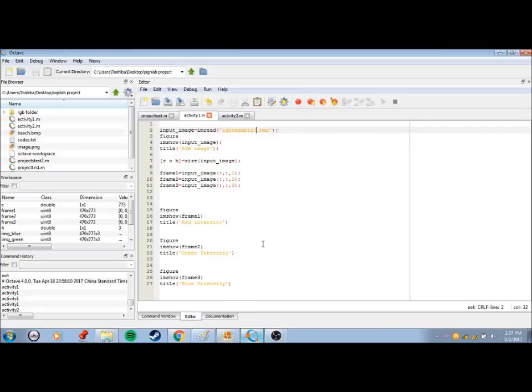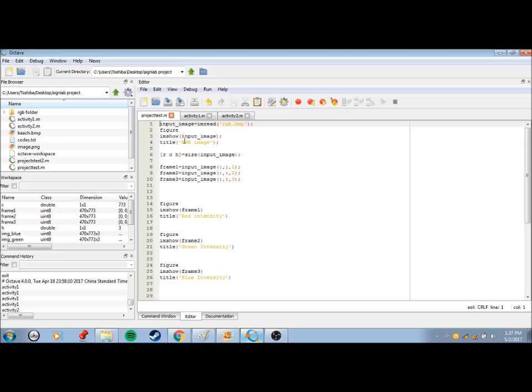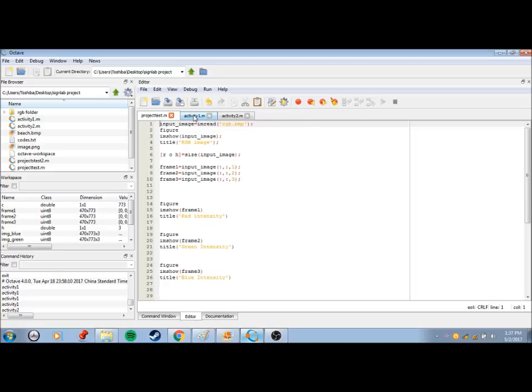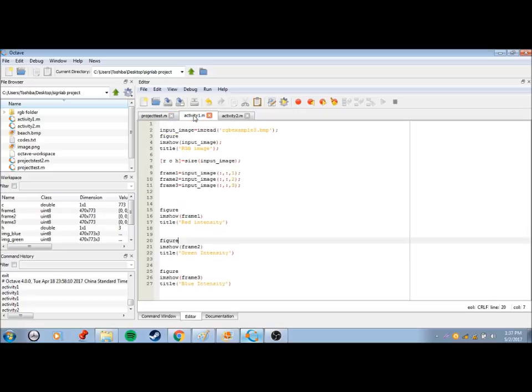Let's go on. This is our code, but for presentation purposes, we decided to break it down into two activities. This is the original, complete code, and for presentation we broke it in half: Activity 1 and Activity 2. These two activities are present in this file, so we're just doing this for presentation purposes only. Then let's go to the code.